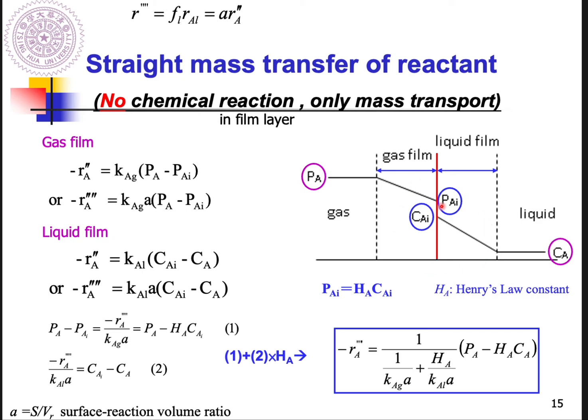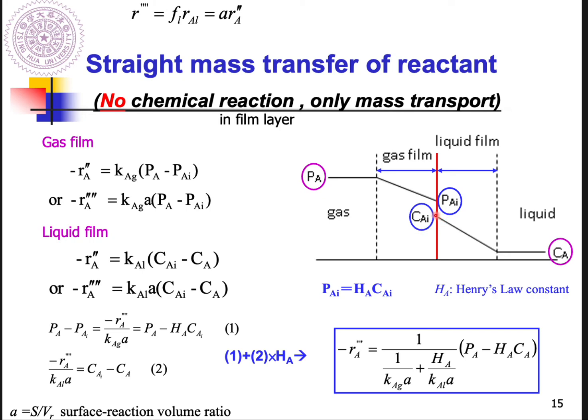As long as it reaches steady state, you can expect the flux passing through the gas film will equal the flux of A passing through the liquid film, and all of this belongs to mass transport,